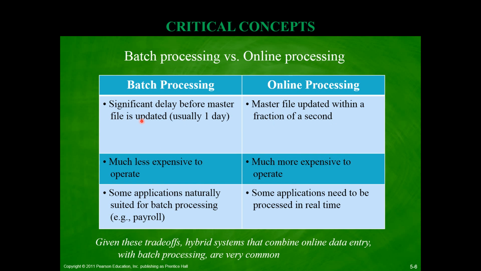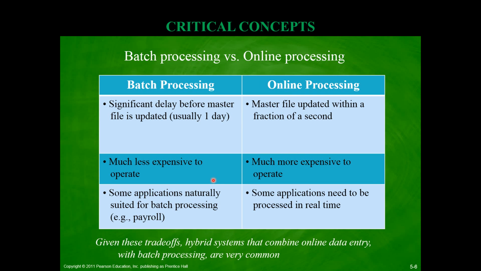Now, because of this, batch processing is less expensive, while online processing is more expensive, because you need to have very powerful networking bandwidth, and very powerful IT infrastructure in general. We're talking about hardware processing capacity. We're also talking about software throughput. Because if you have millions of transactions happening per hour, then the capacity required to handle all those transactions is really demanding. So that's why you need a very expensive IT infrastructure in place to handle online processing.